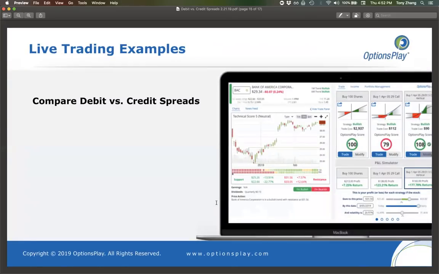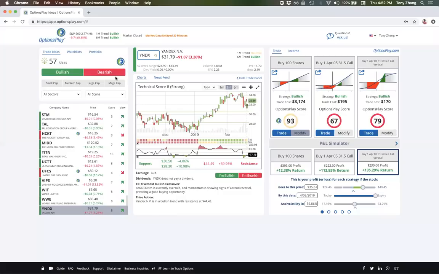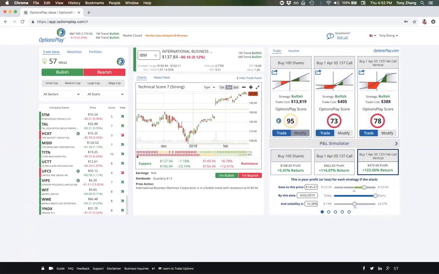So what I really want to do now is go through some live examples comparing debit versus credit spreads and showing you the difference between the two with some live examples. So first off, what I want to look at is IBM. Now, I'm just picking out some big stocks that most of you are familiar with, and I picked IBM because it's a stock that has seen quite a